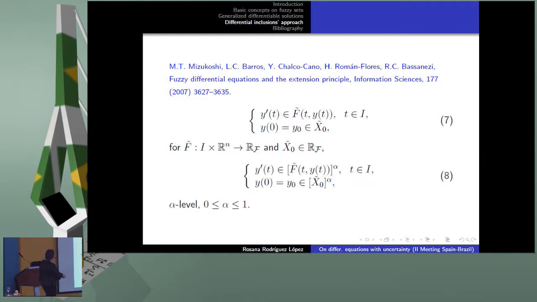For the fuzzy case, what is done is, of course, we are going to cut again in levels for each alpha. You get a family of differential inclusions. These derivatives are classical. So in the linear case I wrote before, it is trivial to write the expression of the solution. And you have only one solution, the same solution, for the three problems that were written. I mean, we don't mind if the term is on the left or on the right. All these problems, which are equivalent in the classical case, are going to have exactly the same solution from the approach of the differential inclusions. So at first, it's simpler. It can be used also in nonlinear problems, of course.